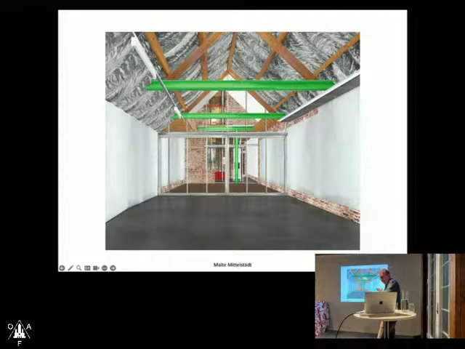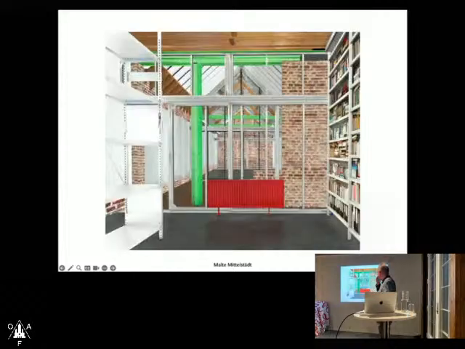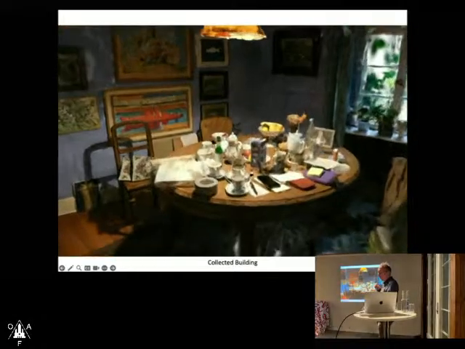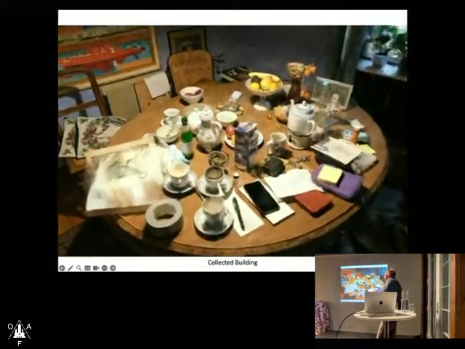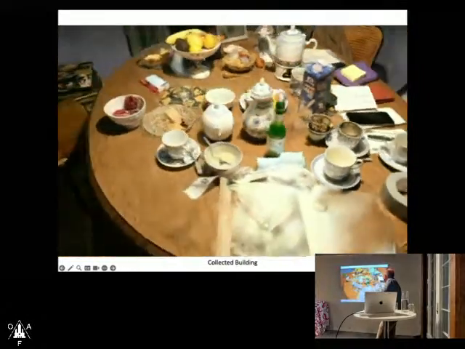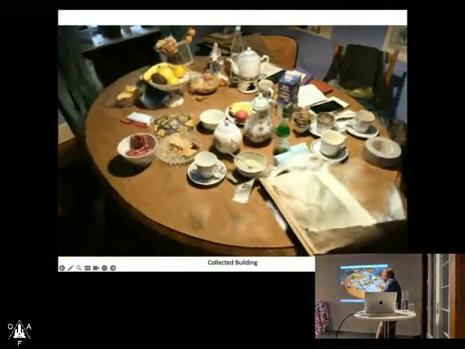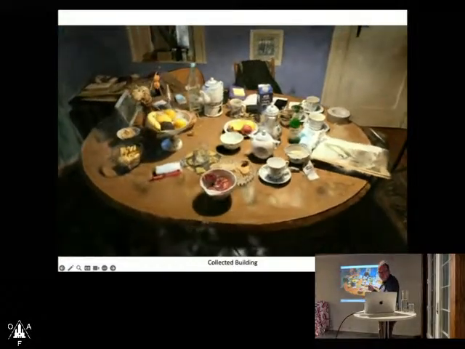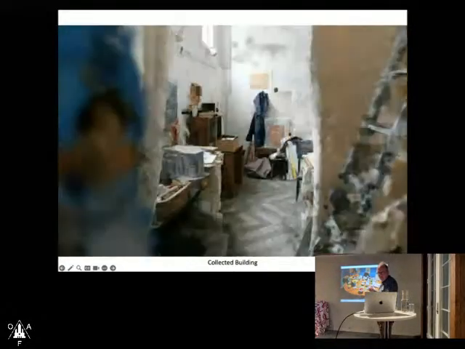So here you have a 3D model by Malte, where he took photographs of this developed interior house and put the actual bricks that were in the house on top of the facades, one to one. Or maybe contemporary scanning techniques like Gaussian splats here, where you put in a bunch of photographs and the computer calculates a 3D model of the space as found.